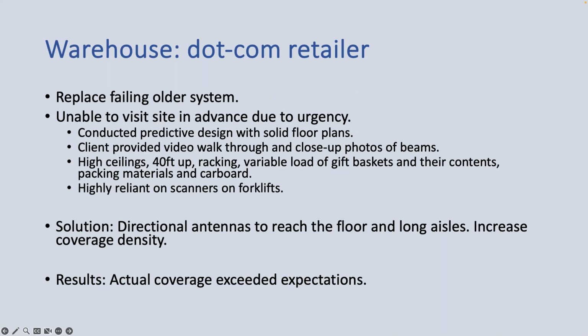We were not able to visit the site due to the urgency. Basically, we had 2 weeks from start to finish, or about 3 weeks actually. So we did a predictive design using good floor plans. They did a video walkthrough for us, so they were able to send us video footage of what the warehouse looked like. High ceilings, 40 feet up,